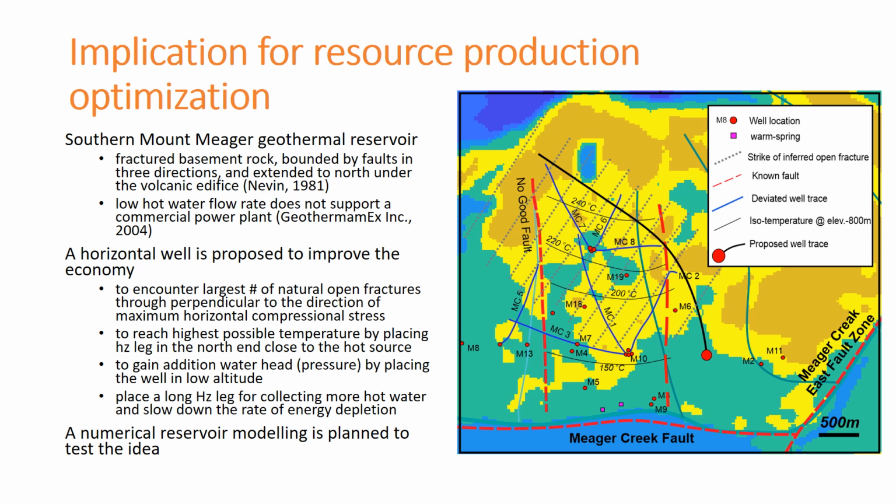The answer is maybe. Based on our studies, we propose a horizontal well to improve the economy of the geothermal production by considering the following. To encounter the largest number of open fractures by placing the horizontal interval of the production well perpendicular to the direction of maximum horizontal compressional stress. To reach the highest possible temperature by placing horizontal legs in the northern end, close to the